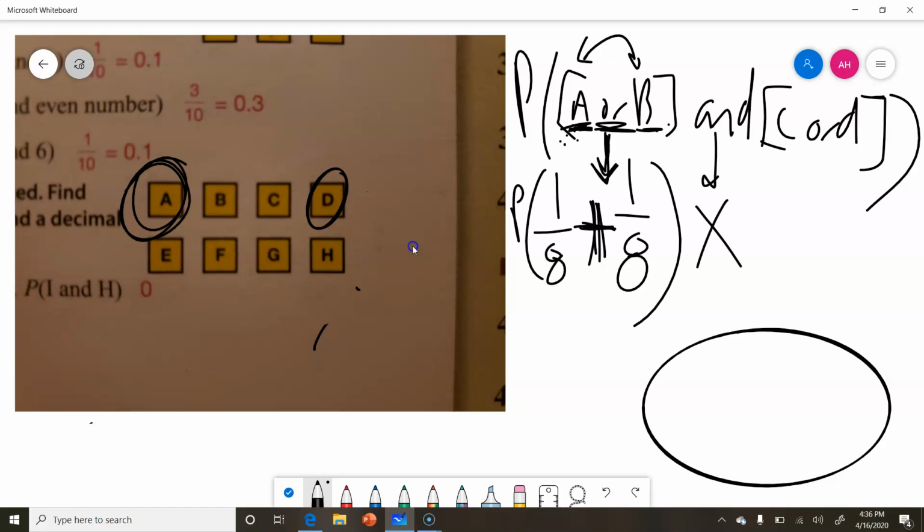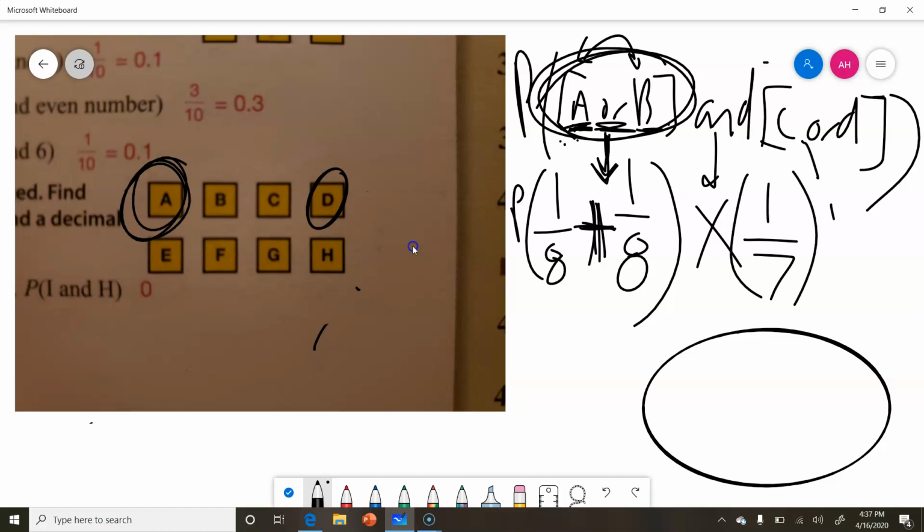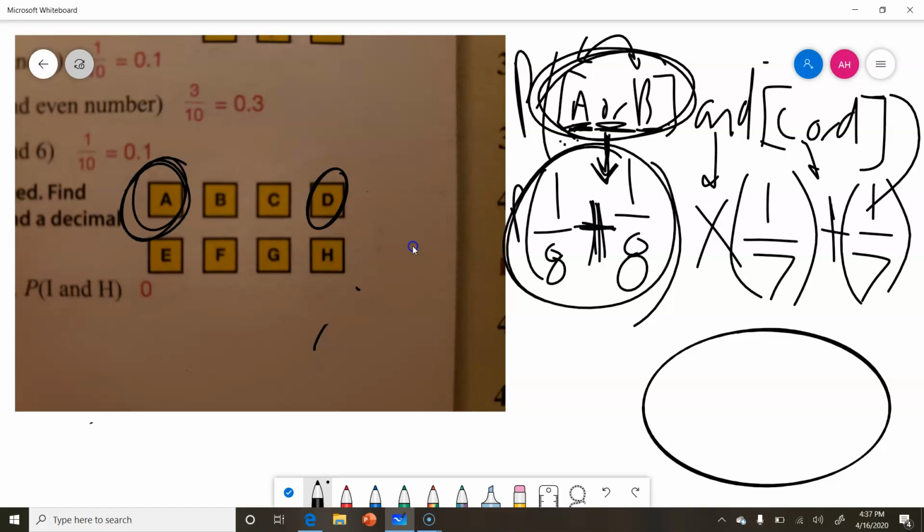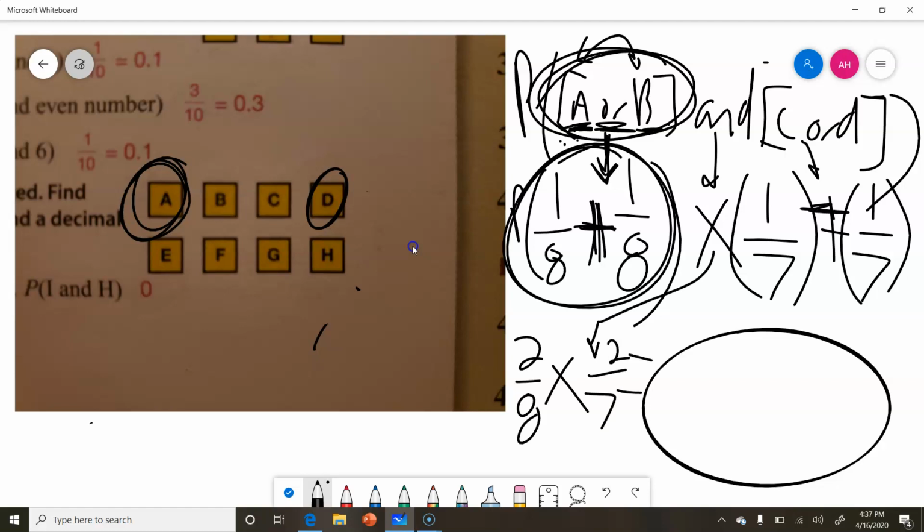Now I do the probability of C. Now this time I do have to account for the fact that I've already subtracted A or B. So it's going to be 1 out of 7. Okay, and the "or" again is plus. What's the D going to be? It's also going to be 1 over 7. Okay, so now I have to do all my adding. So I add this guy right here first, and that's 2 out of 8. Now I have the times sign comes down, and then I add these guys, and I get 2 out of 7 total. Now I multiply across, and I get 4 out of 56, which is roughly